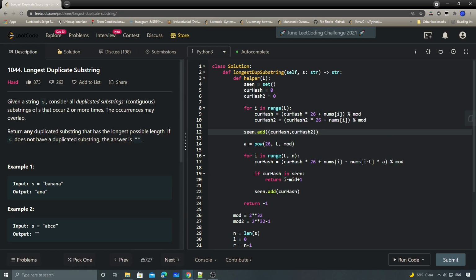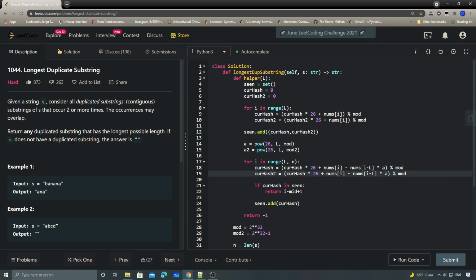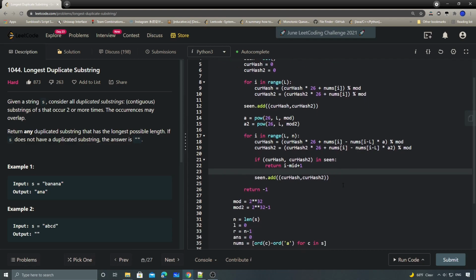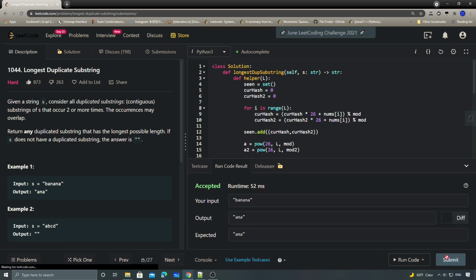Okay, that's that. Oh, and we also need another A here, right? Because we are also doing the modular here. It's going to be a mod2. So here is the same thing, hash2, right? And here's going to be A2, right? And now same thing, we have to check the tuple instead of the single hash, right? And then here, add. Okay. So, yep, I think that's it. So if I run the code and submit,